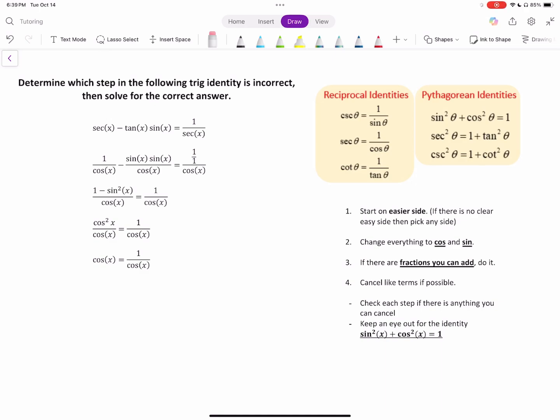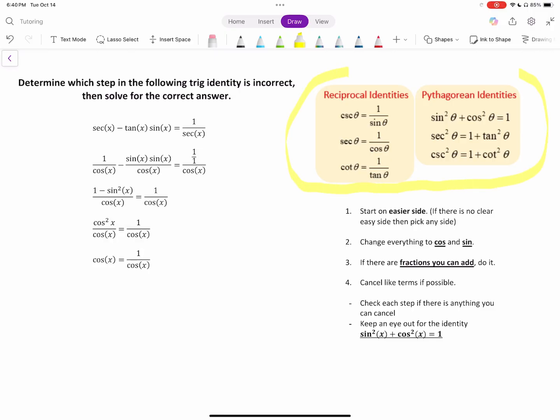So today we're looking at a trig identity practice problem. The question reads, determine which step in the following trig identity is incorrect, then solve for the correct answer. So before we start the question, if we look over here to the right, we have our trig identity tables,